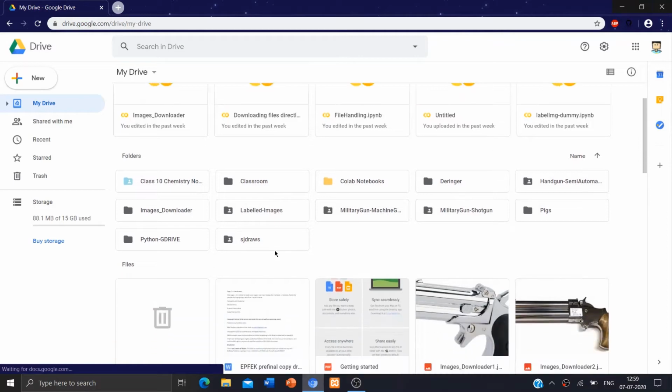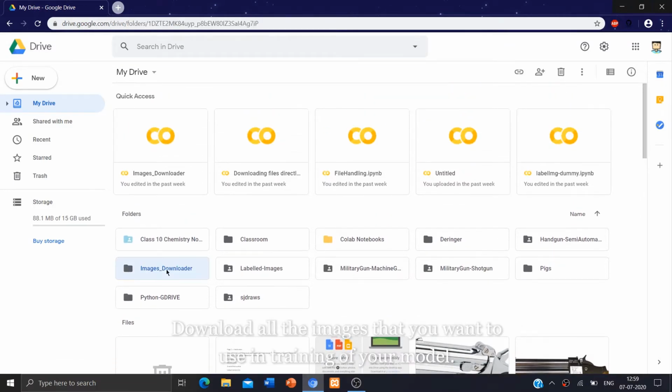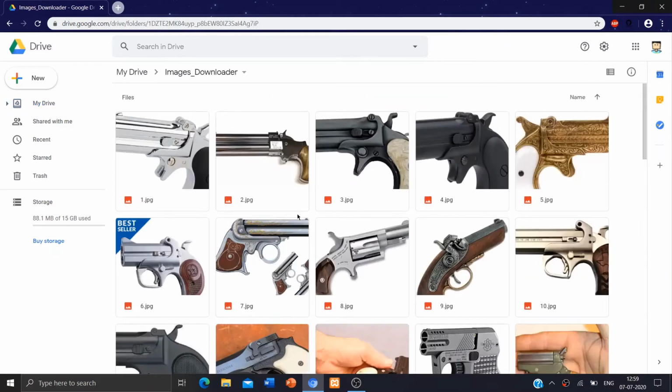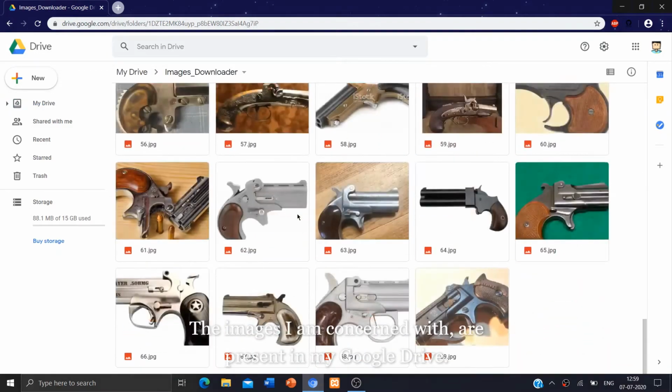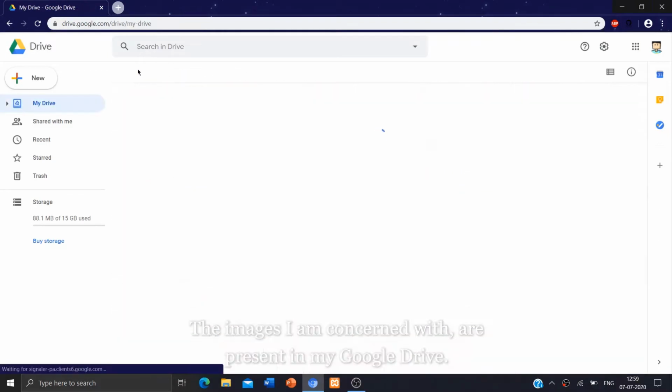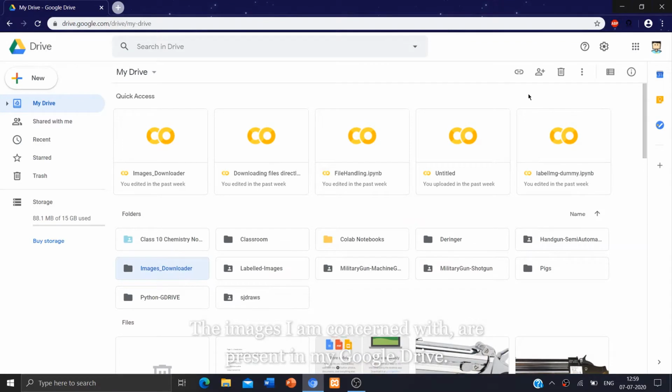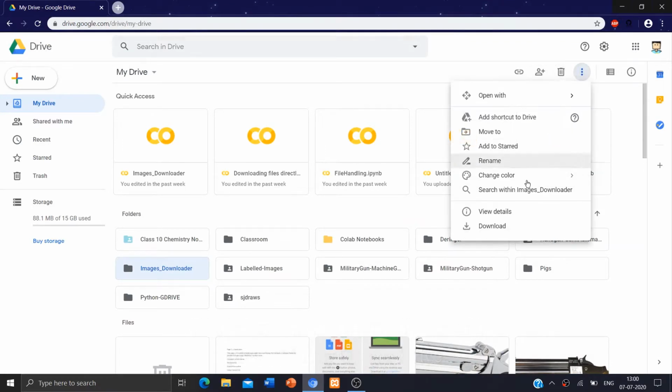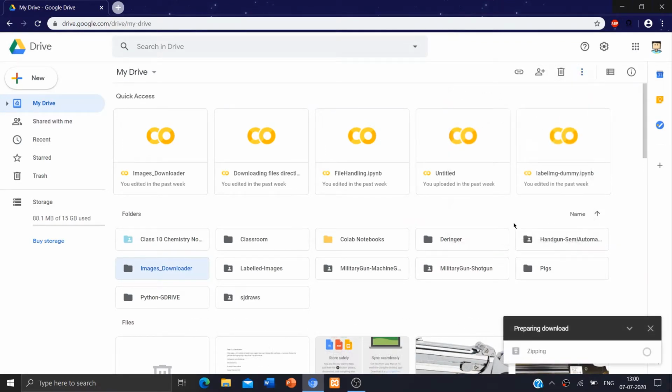Hello everyone and welcome to Infinity and Beyond, and in this video we will learn how to label our images using a tool named LabelImg to train our deep learning model. So what you have to do is to search on any search bar for LabelImg.